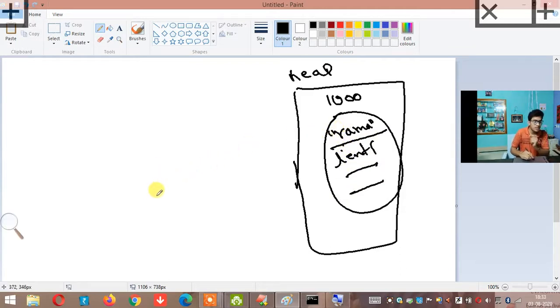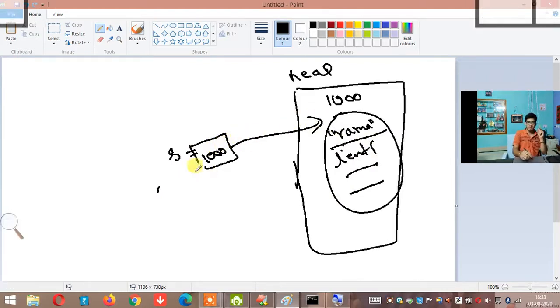Who is pointing to this? Your s variable is pointing to that, which means the s variable contains that 1000, which is the address. Yes, s is pointing to one object. Now when I tell s dot length, what does it mean? It means go to the 1000th address. What's the value of s?